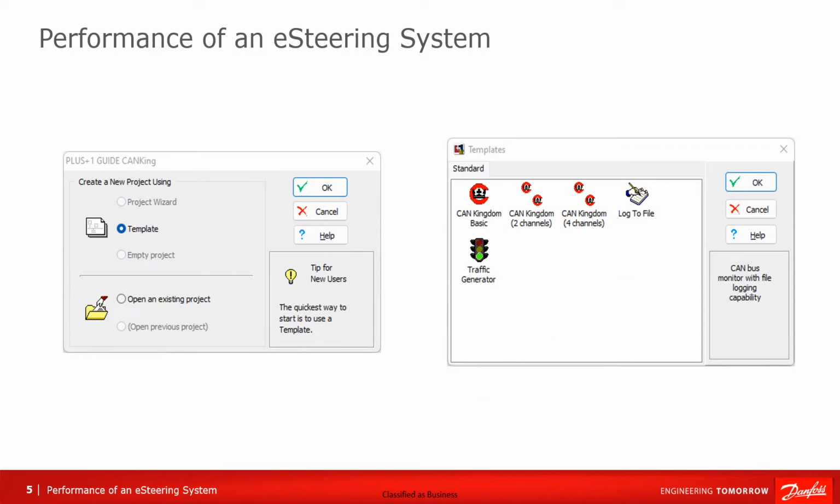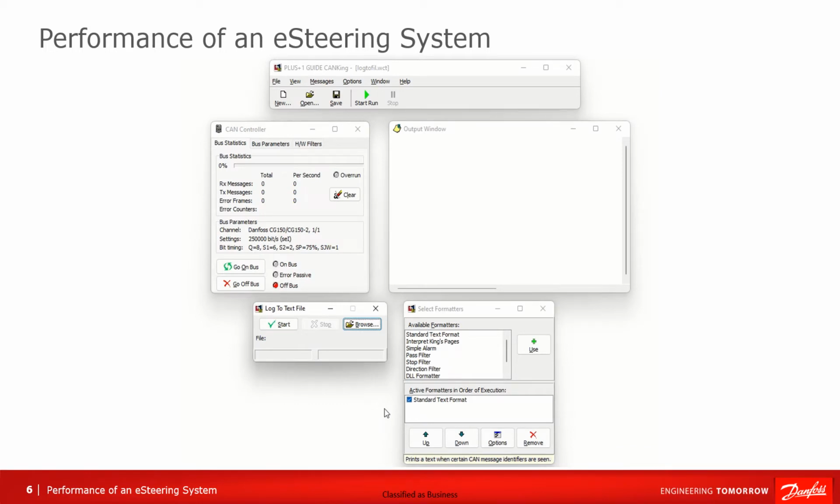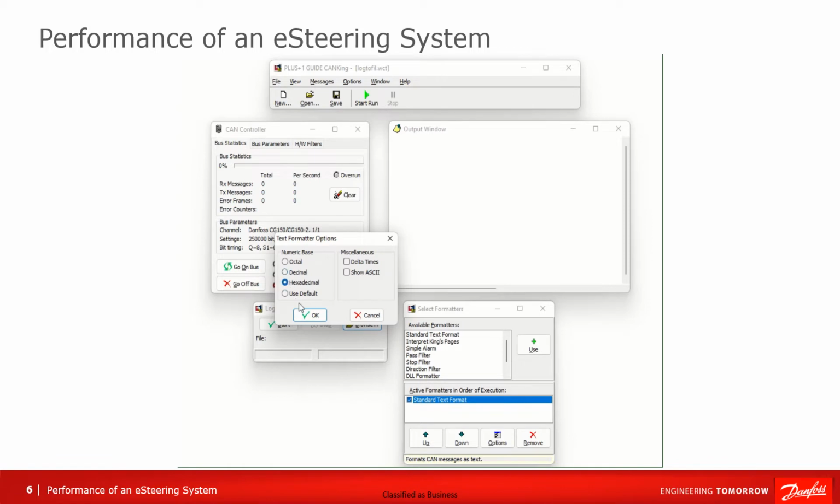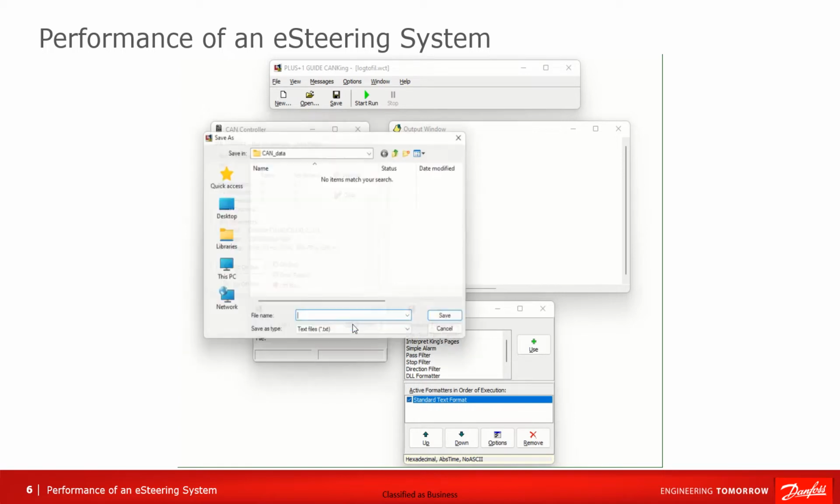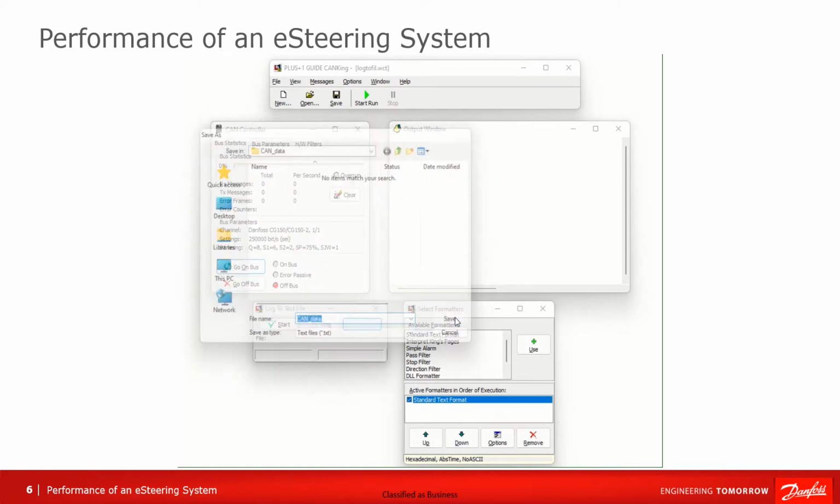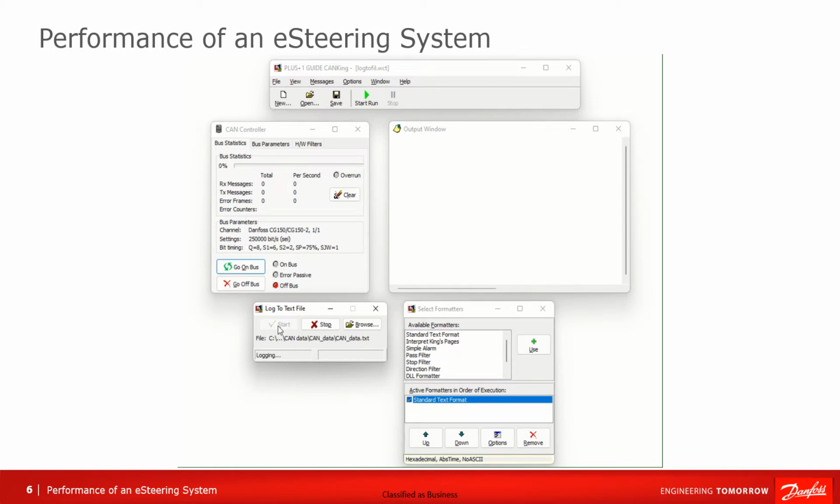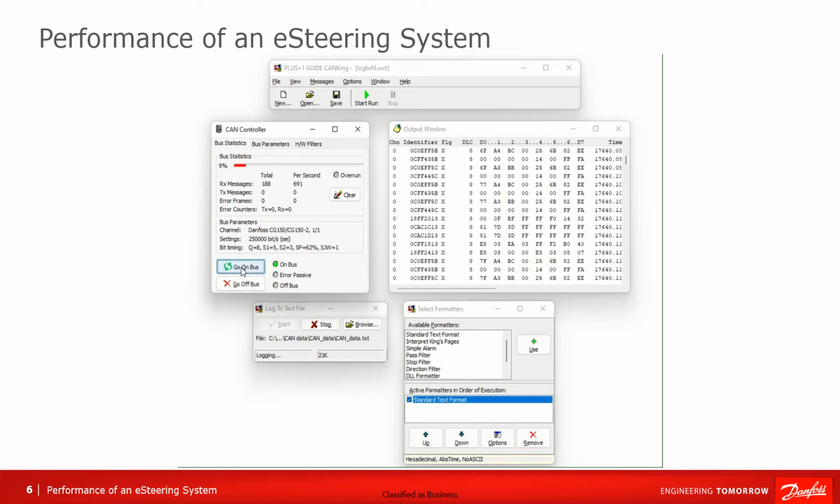Using CAN King, the default template can be used, and logged to file should be selected. In the Select Formatters window, double-click on the standard text format and choose hexadecimal. Under the Bus Parameters tab, select the correct CAN channel and check No Initial Access and select Apply. In the Log to Text File window, browse to select the location in which to save the file, then press Start. Go to the Bus Statistics tab and use the Go On Bus and Go Off Bus to start and